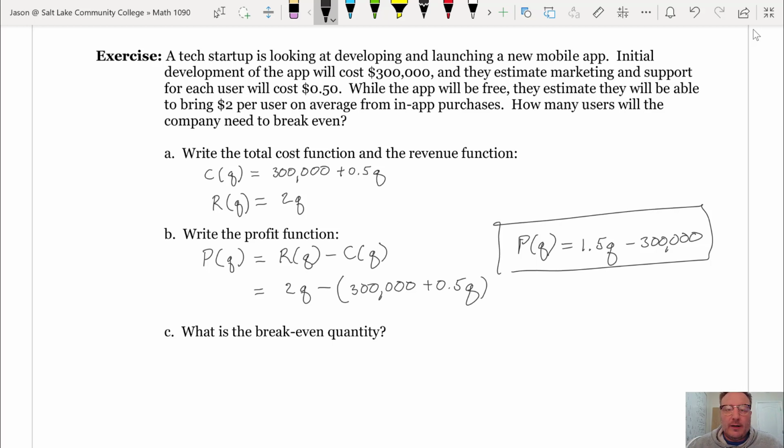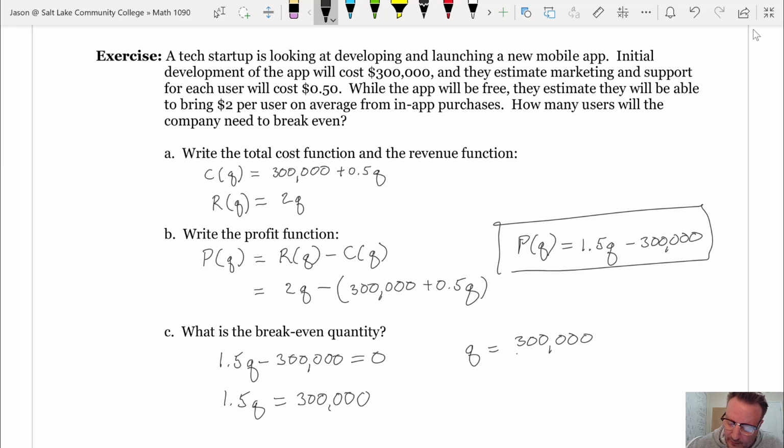Okay, what is the break-even quantity? Again, break-even quantity occurs when the profit is first 0. So we want to set the profit function equal to 0 and solve for Q. Oops, it should be 1.5Q minus 300,000. Okay, so add 300,000 to both sides, and I get 1.5Q is equal to 300,000. Divide both sides of the equation by 1.5, and I get Q is equal to